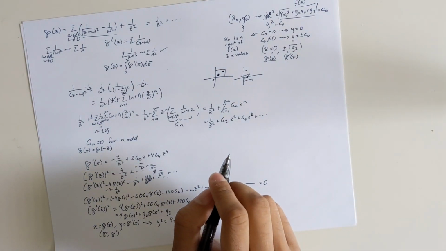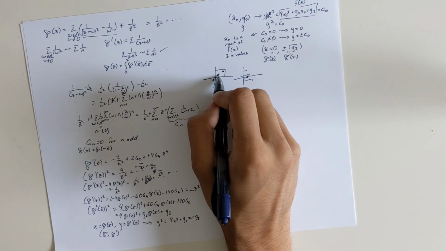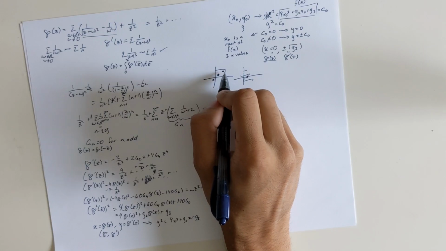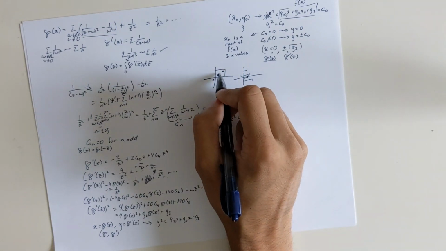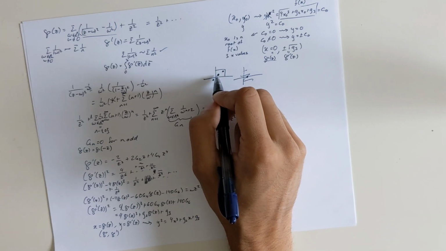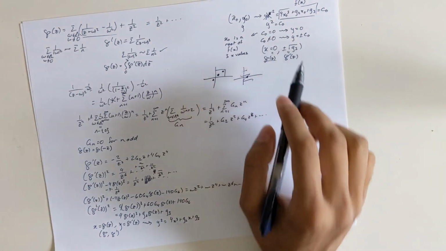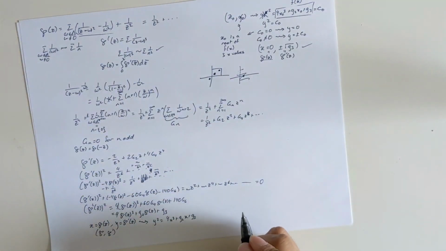Well, we know that p prime is an odd function, so whatever value p prime takes over here, it'll take the negative of that value over here. So that means that at the two points at which p of z is equal to 0, p prime of z needs to take negative values of one another. And we actually know that that value is g3, because we already know a priori that p and p prime satisfy this equation. So we see that we cover both of these points